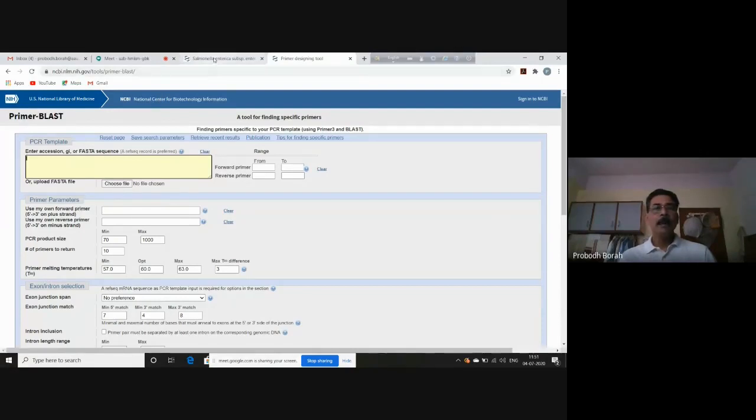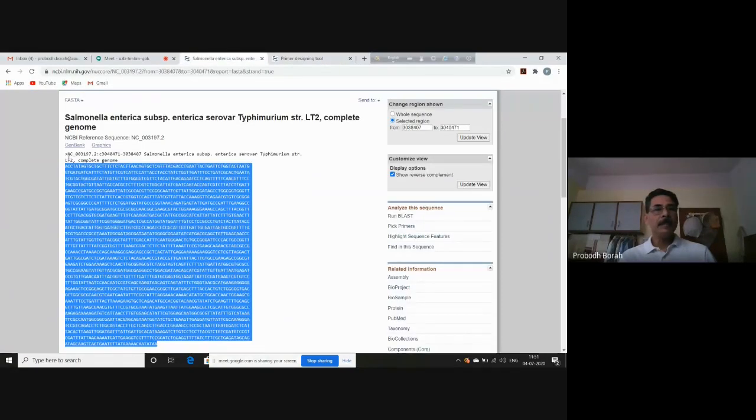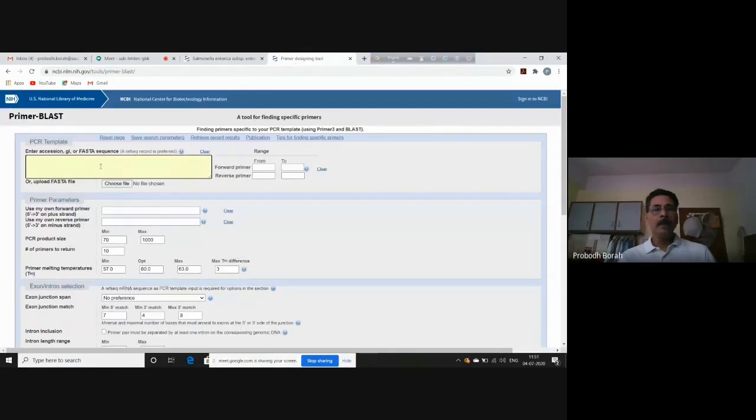If you go back to the GenBank sequence, you see accession number is here, NC_003197.2. So this is the accession number. If you write the accession number, the Primer Blast tool will automatically pick up that particular sequence from the GenBank database. That is possible.